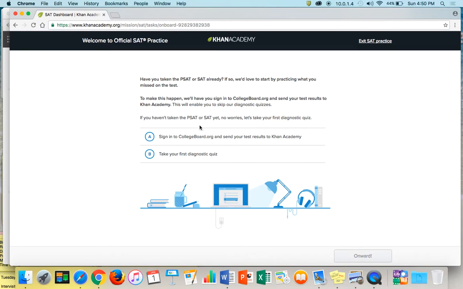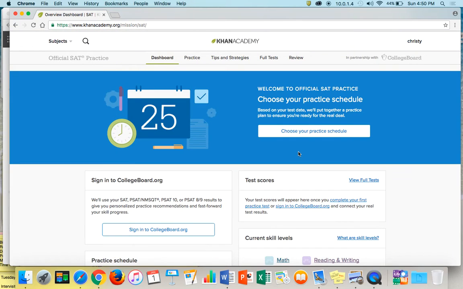You can sign into the College Board and send your test results to Khan Academy. I strongly encourage you to do that because then they'll be able to tailor it to your needs. The whole idea of this is that it's individualized. So let's say I'm going to take my first diagnostic quiz. I go on, and it's going to ask me